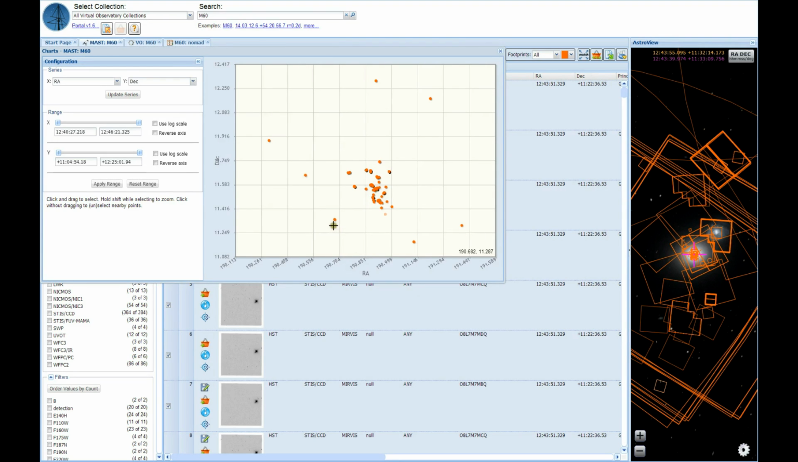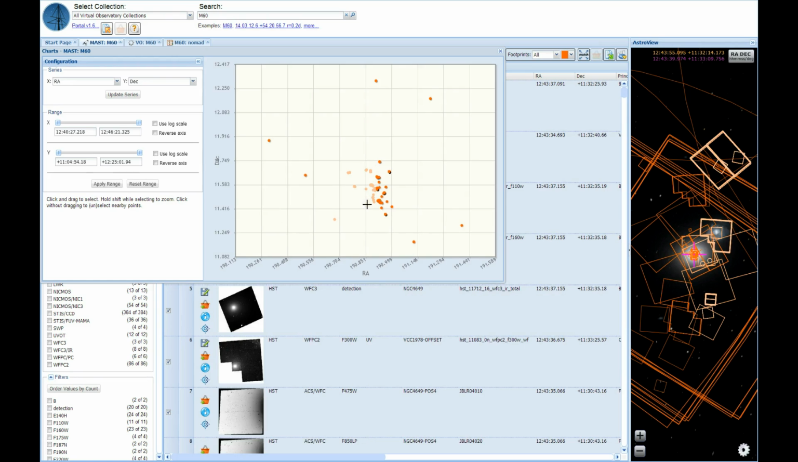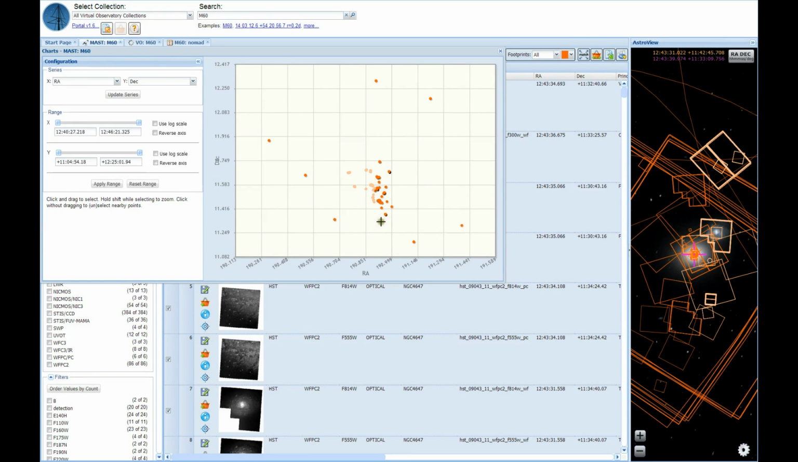Alternatively, you can click and drag to select. This selects a box. You see that they've been highlighted over here. Whenever you make a box selection, it'll remove any other selection that you have. For example,